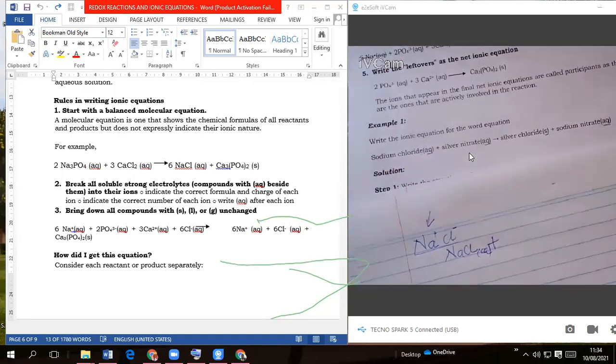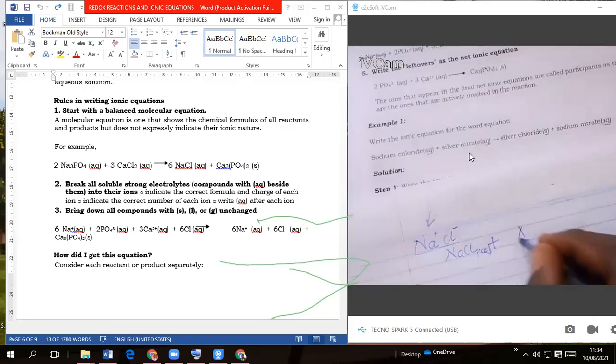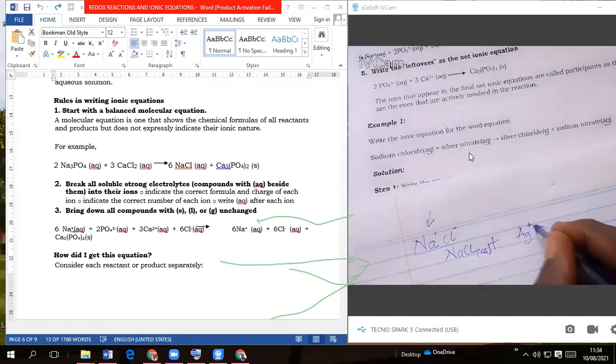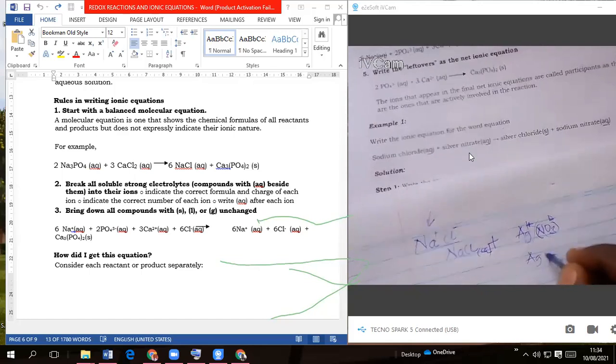We have silver nitrate. Silver is Ag. It has valence +1. Nitrate is NO3, it has -1. So when they react, they don't change powers because all of them are 1,1. They just remain like that. We shall form silver nitrate,